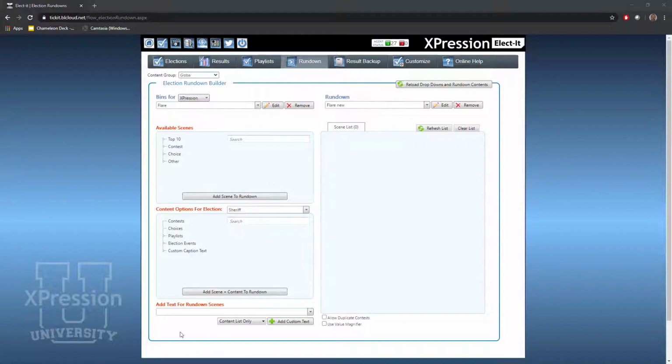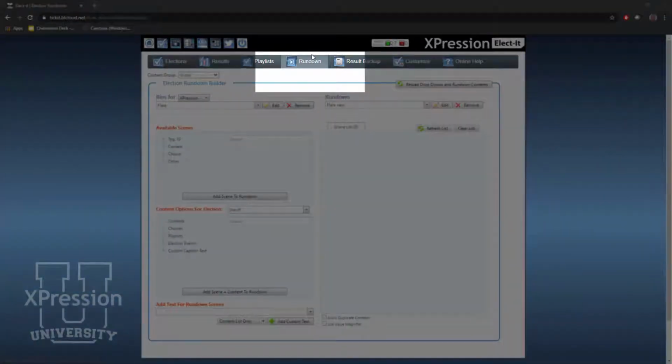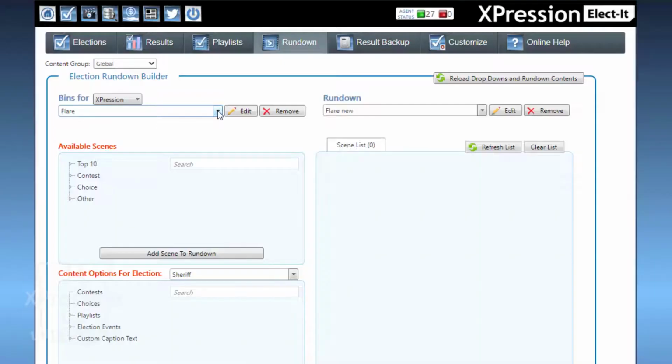show. In Elect It, on the Rundown tab, we're able to divide rundowns into different bins. Here, the bins can be defined either by the person that's adding or creating content to the rundown. Bins can be defined by a different look, however your election broadcast or production needs to break it down. Within individual bins, we also have rundowns. So there could be, again, rundowns for exciting races and results, geographically split to different areas, again, entirely up to